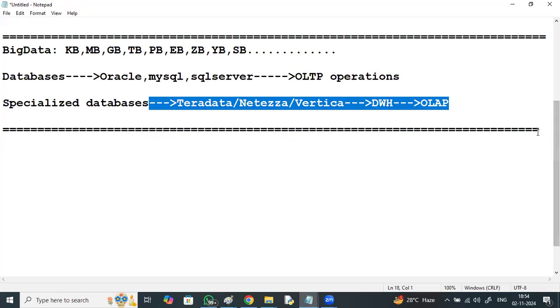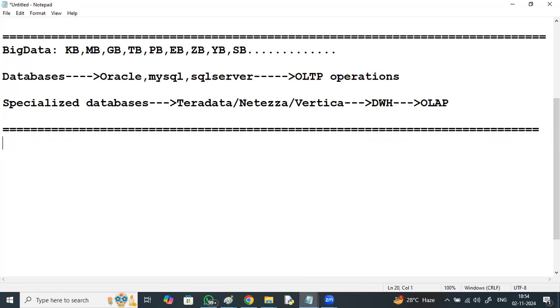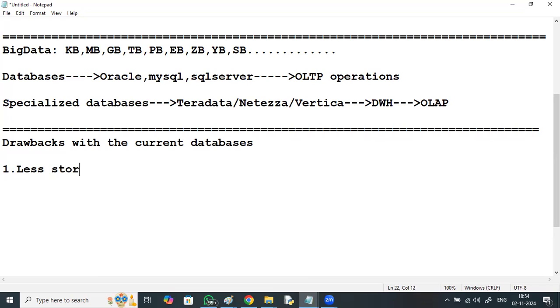Drawbacks: why can't databases be used for storing Hadoop's data? Drawbacks with the current databases. First thing, less storage. Most of the databases have very less storage.